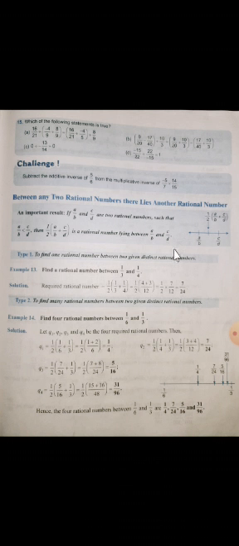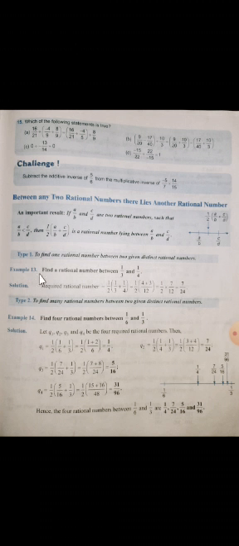So see here, to find out the rational number, always remember this formula: half into a by b plus c by d. A by b and c by d are nothing but both rational numbers. Suppose two rational numbers are given. We have to first find out their sum and multiply with half.